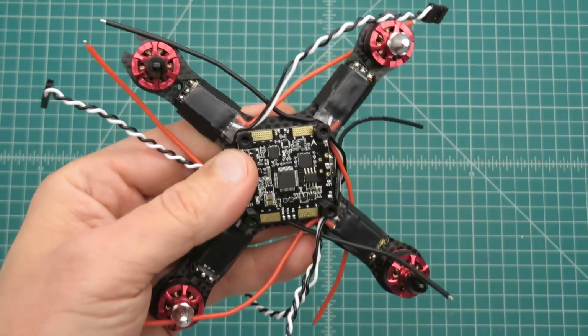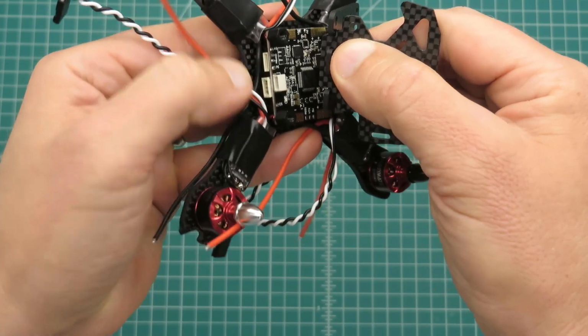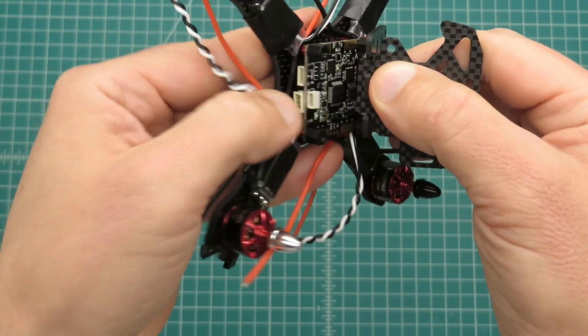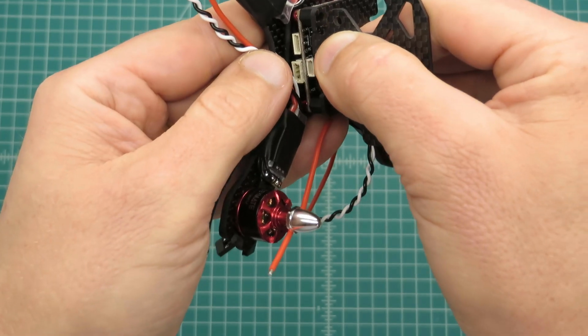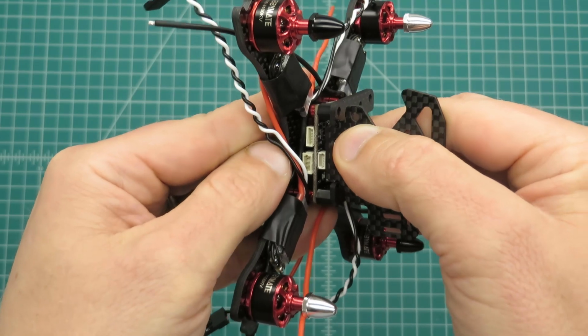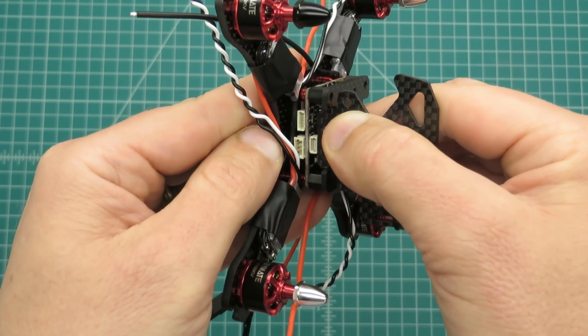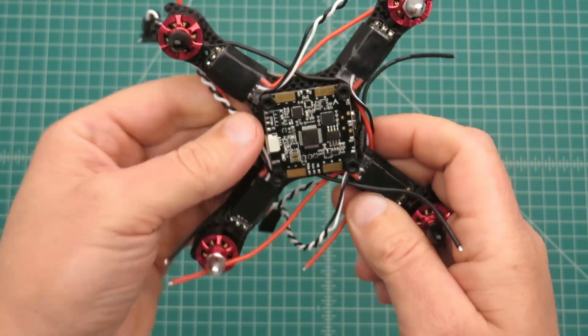So if you do the same thing, one thing I also wanted to check is these top board components, like this connector here that's used to hook up, you just want to make sure you have enough clearance here so that it doesn't hit it. And so I'm good here. With that,